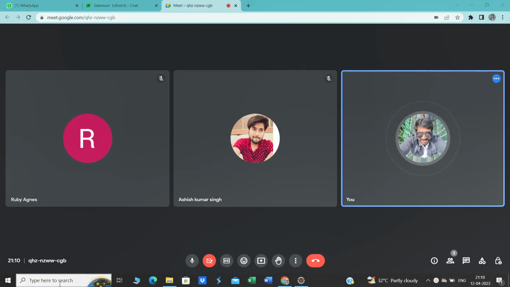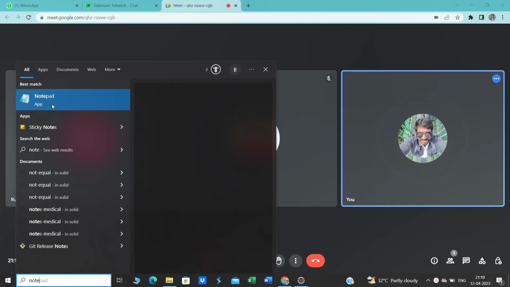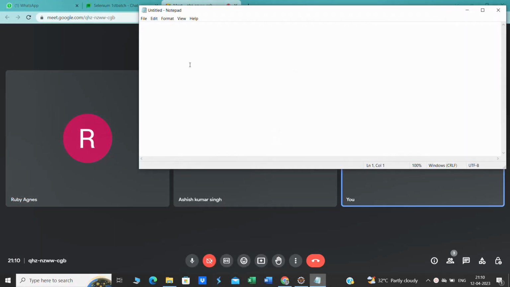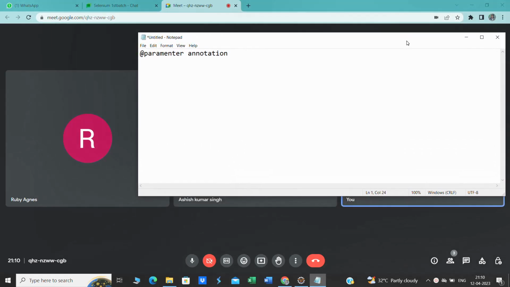We are going to discuss the parameter annotation in TestNG. So I'll quickly try to explain what a parameter is. So usually what happens is, when it comes to environment variables,